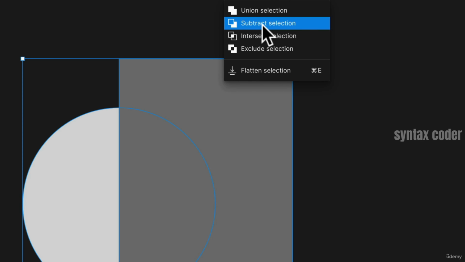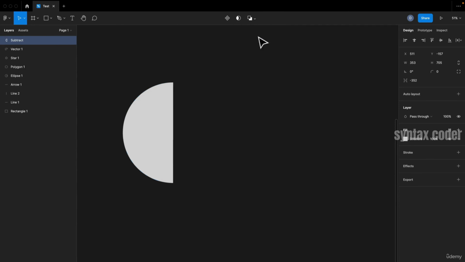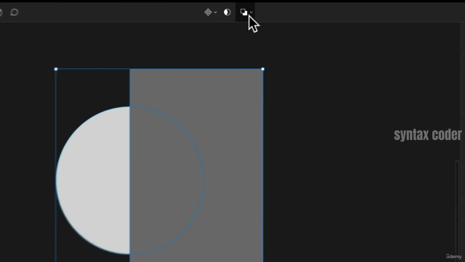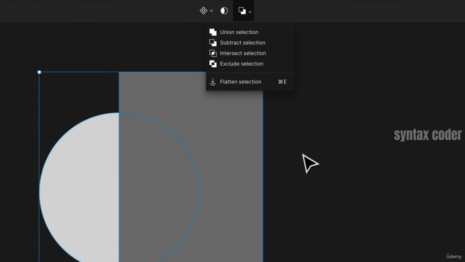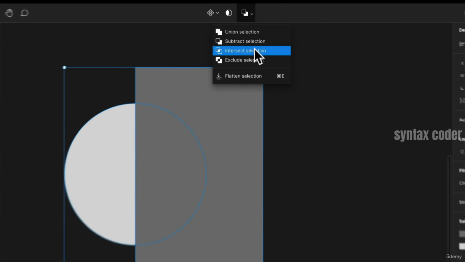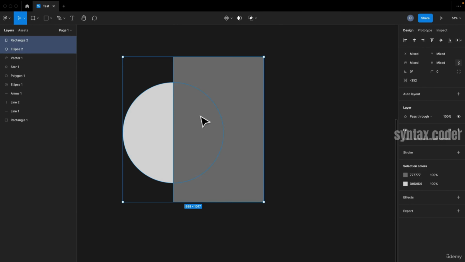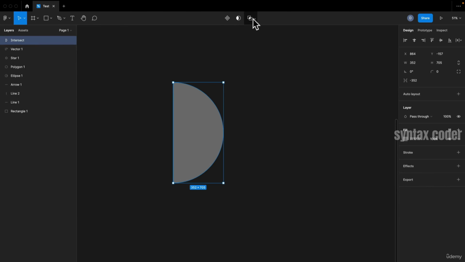It removes the area of a shape or set of shapes from the shape on the bottom. Only the bottom layer is solid and the rest are subtracted from it. So let's see, we have like a half circle here. Now the next one is the intersect selection. This one's actually really interesting because the intersect creates a group where the shape consists only of the overlapping parts of the layers. So do you see how only this is going to show up when I select that